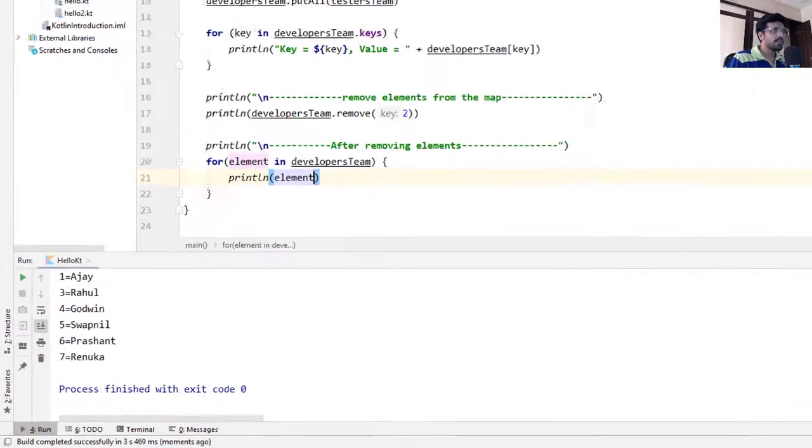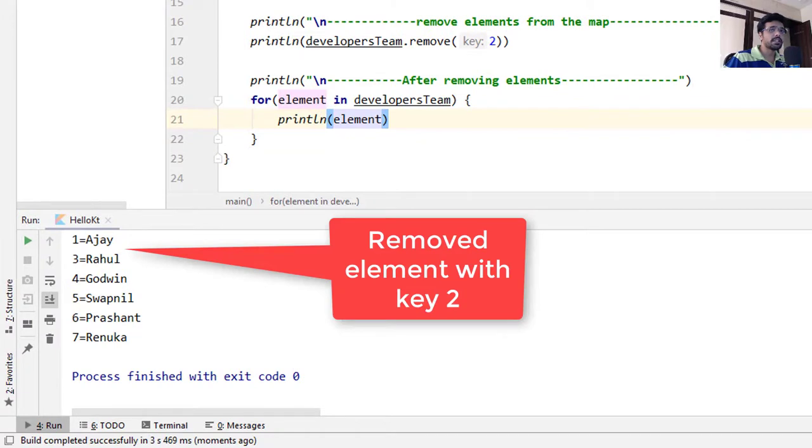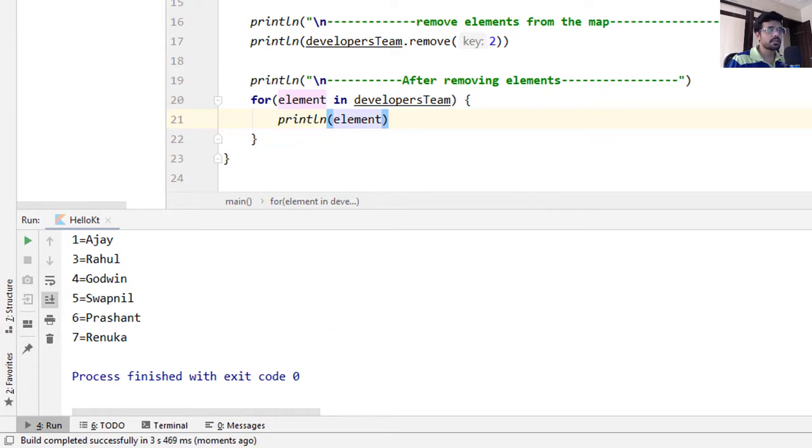And as you can see, it has removed the element with key 2 from our mutable map. And if the specified key is not present in the mutable map, then it returns null.